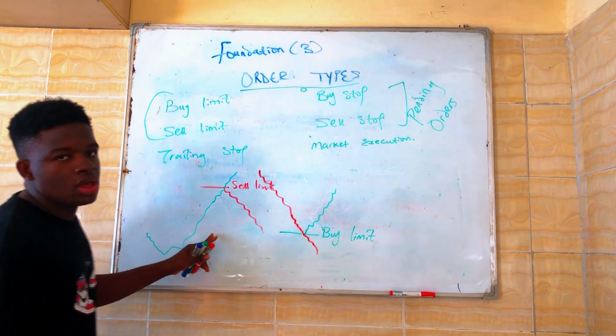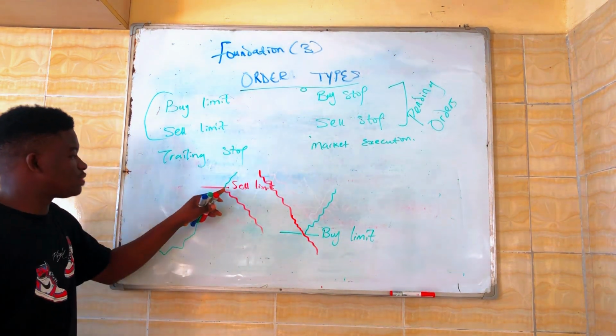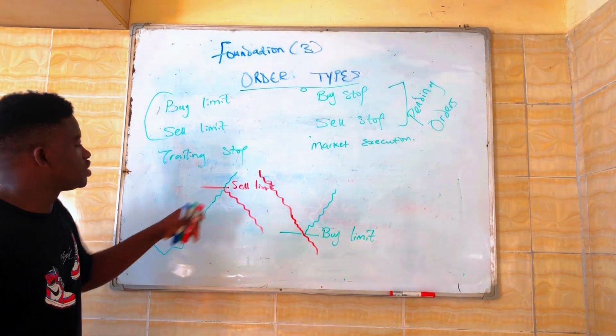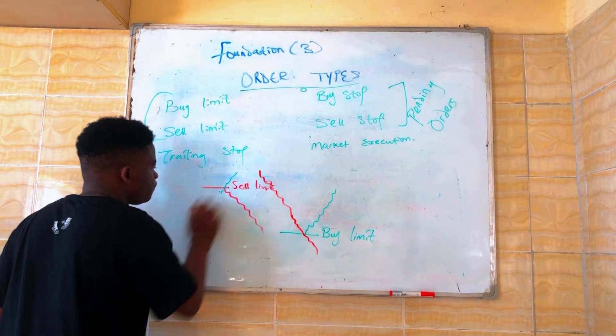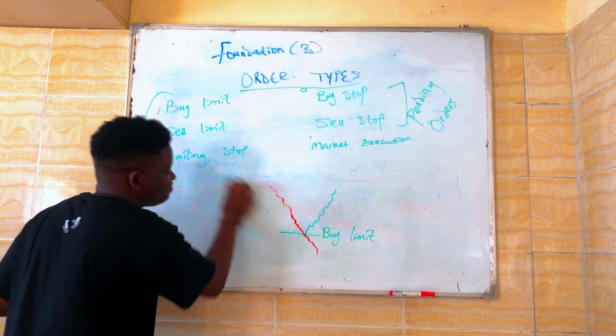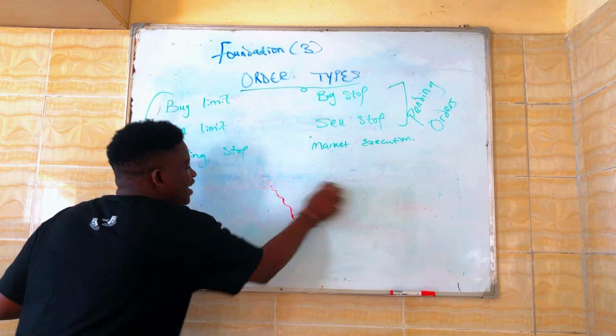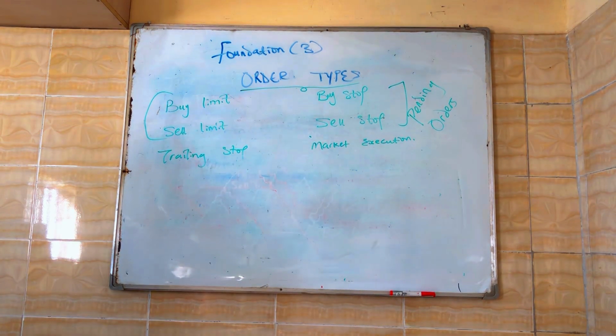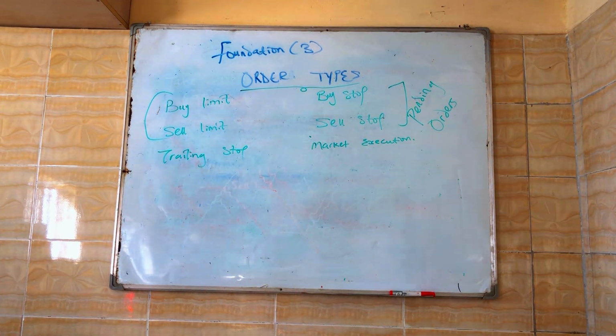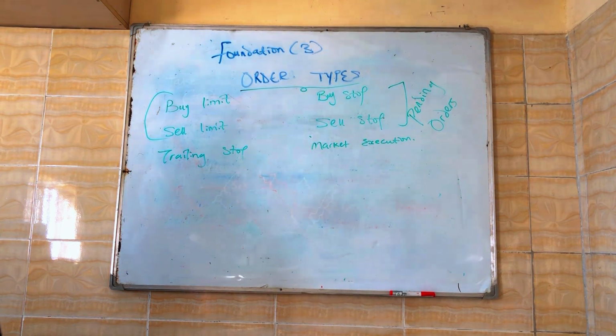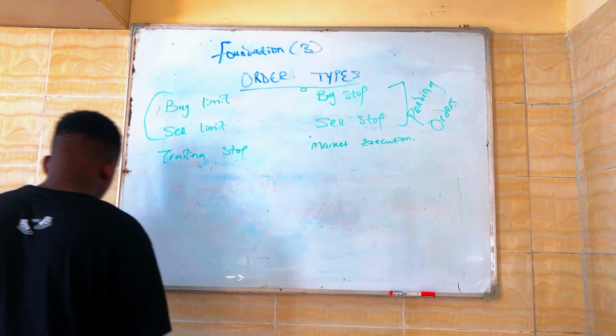Price is going up, but I'm very confident that once price gets to this point, it will start selling, and then you set your sell limit as well. So this is it for sell limit and buy limit orders. The other two, buy stop and sell stop, are the major ones we'll be looking at. Like I said, they're still under the pending orders. So buy stop is a situation where